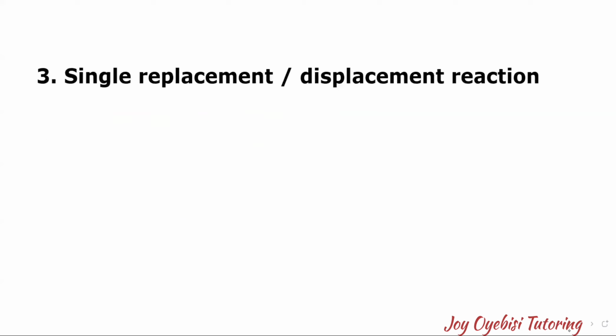And the third type of chemical reaction is called the single replacement or displacement reaction. Now, before we talk about this, I want to talk about the reactivity series. When we say single replacement reaction, you need to understand the reactivity of metals or halogens in order for you to be able to know if the reaction will proceed or not. Not all single replacement reactions can proceed or can form a product, depending on the type of elements displaced or replaced. So let's say, for example, we have